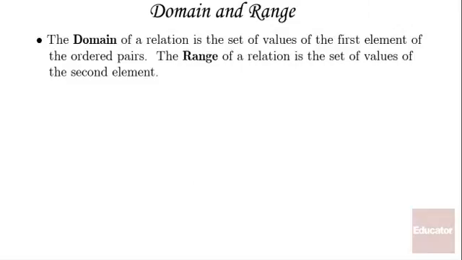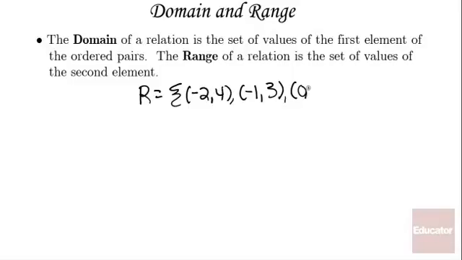The domain of a relation is the set of values of the first element of the ordered pairs. The range of a relation is the set of values of the second element. For example, if I have a relation given as the set of ordered pairs -2, 4, -1, 3, 0, 2, and 4, 8,